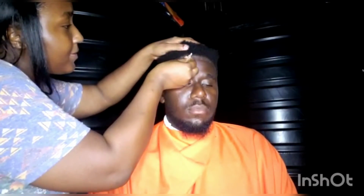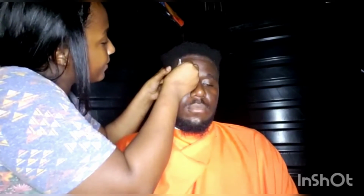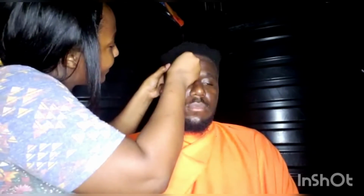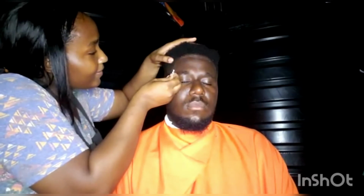So y'all listen, this was the first time I used a razor blade, and I was so scared. I am a makeup artist and I don't use razor blades on eyebrows because razor blades tend to scare me, but